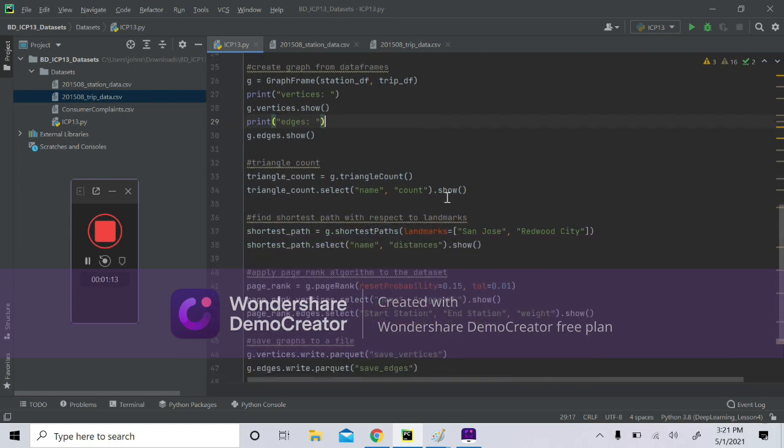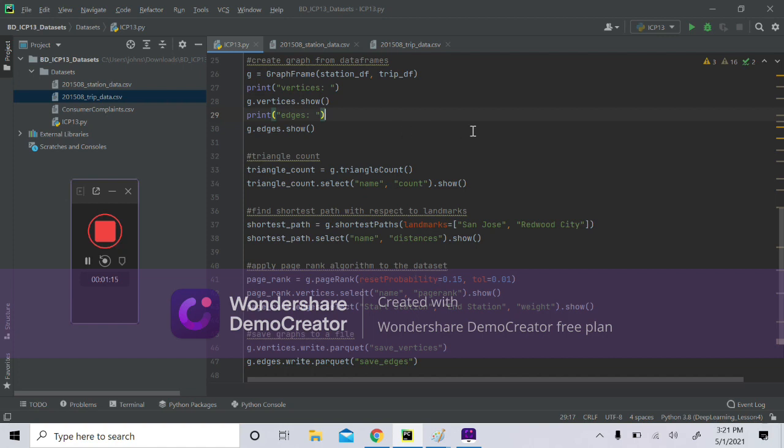Now, the second question asked us to start applying some algorithms to the graph that we had created with these data sets. So first was a triangle count algorithm, and this one simply shows how many triangles are passing through each vertex. So for this one, again, the station data set was the vertices, so I used the name column from the station data set,